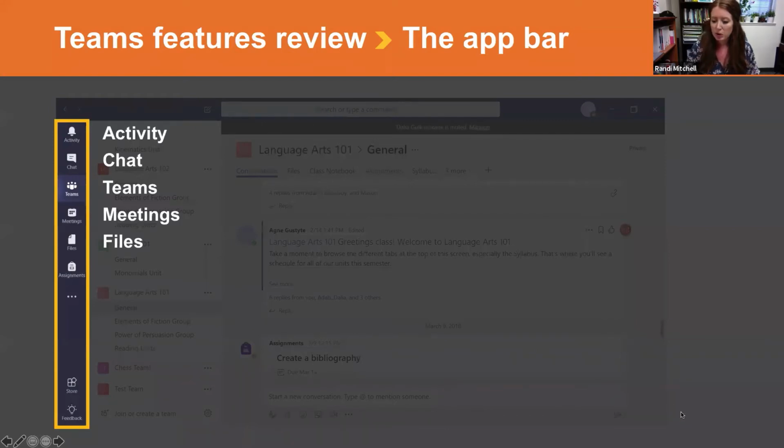Someone wrote, what do I do if I can create a team but it won't recognize other coworkers' emails to add them to the team? I'm going to have Nicole or Megan go into the chat box and answer that question if they can. And then I'll repeat that because I have not added somebody from outside my organization into the private chat. I have used meetings to chat, like I've been able to chat with Megan and Nicole in meetings using Meet Now, using their outside